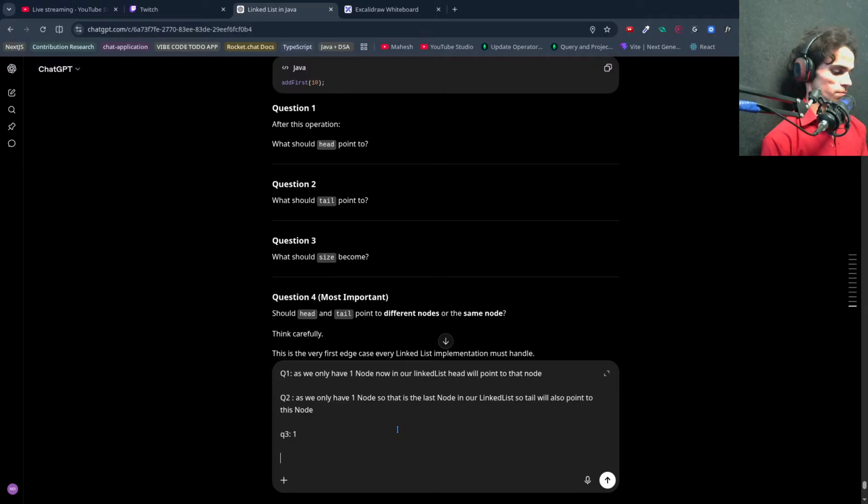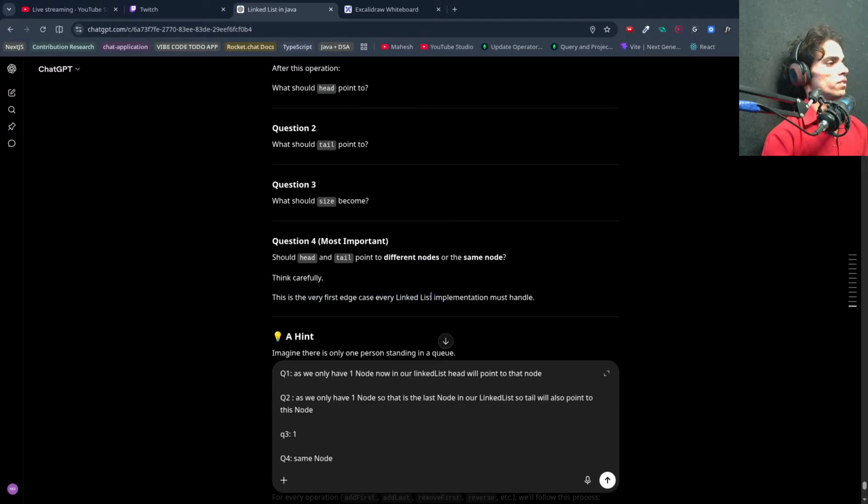Question 4. Should head and tail point to different nodes or the same node? Think carefully. Same node. And if I say